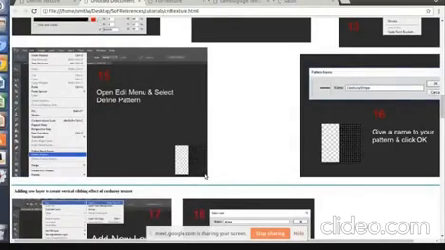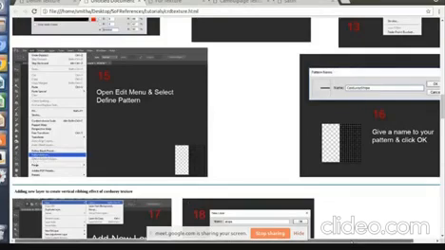Now, after you have created this pattern, the next stage is to save this pattern in the list of existing patterns in the Photoshop software, right? So what are you supposed to do? You have to click on the Edit menu, and under this you have to select the command Define Pattern.